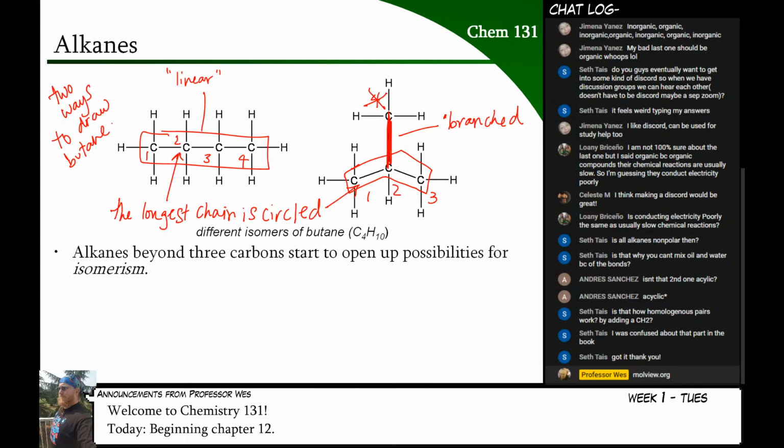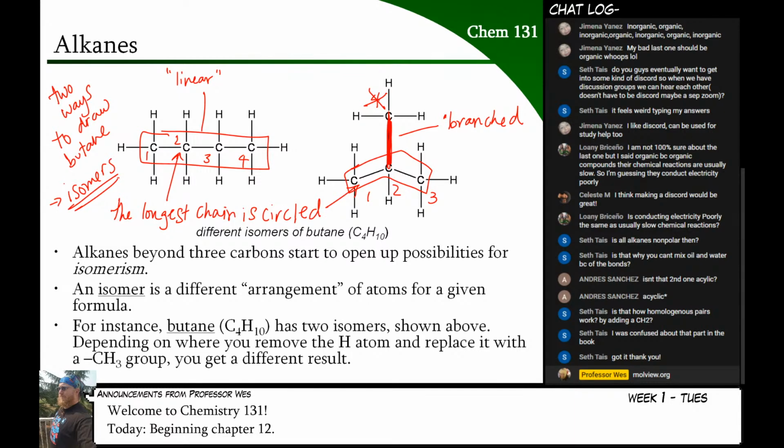In this example, there have been 2 different ways that we can draw butane. I can draw 4 in a row, or I can draw 3 and then branch off from the middle guy. When you have multiple ways to draw something, we call those isomers. So these are two isomers of butane. And their structure will be different. So for example, if I go back to mol view,